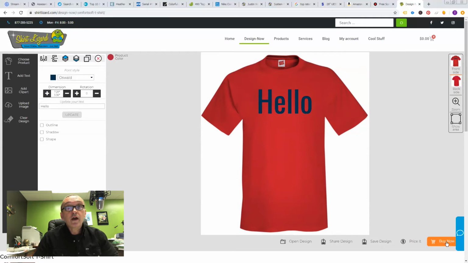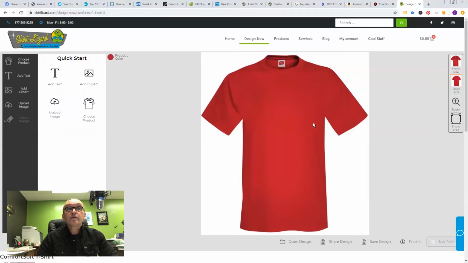You can even add multiple products to that same design. If you wanted red shirts and white shirts and green shirts, all with the same design, you could select multiple shirts, or you could select different types and brands of shirts and print them all together. You just have to be careful when you do that, that the design is going to work on the different colors of shirts. Okay. So let's select this,